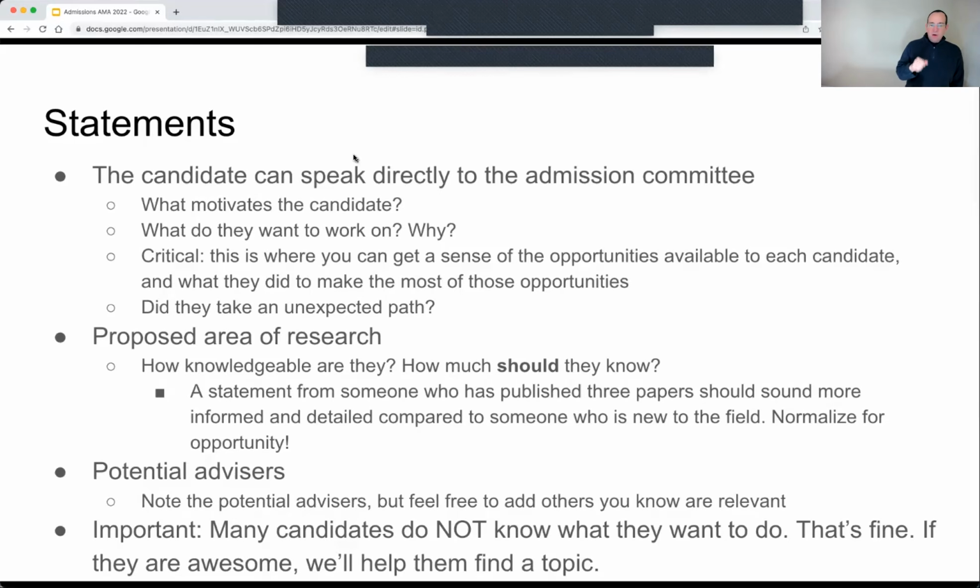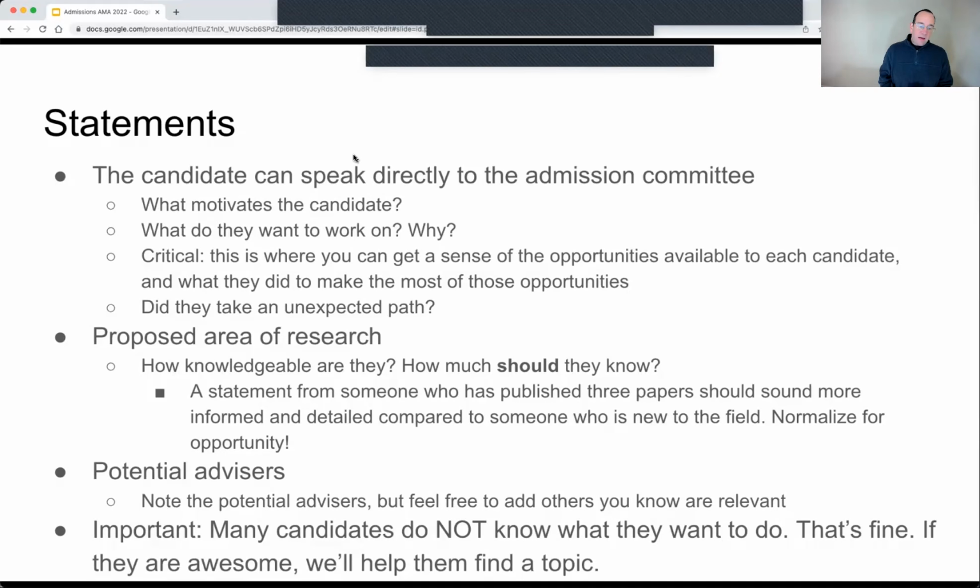And then we want to know, did you take an unexpected path? Now, obviously, most of you don't take an unexpected path. That's by definition how the world works. But we have applicants who do unexpected things, right? They might not have majored in computer science and come to research later, and that's fine, right? Again, we don't care where you've been, we care where you're going. Where you've been is informative to us in that it tells us where you're going to go next, right? And so if you ended up where you are now in an unexpected way, that's fine. We want to understand that, and this is where you can speak to that and explain how you got to where you are.